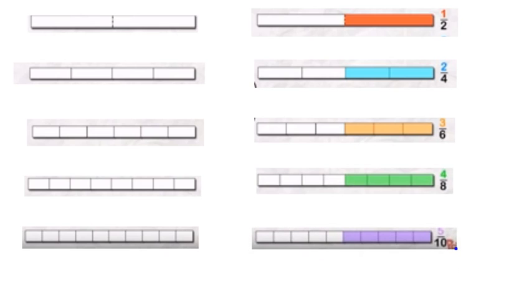In the first strip I have colored half part of it. So to write the fraction, shaded part on the top, total number of parts at the bottom, so the fraction is 1 by 2. In case of the second strip, when I shaded half part, it will look like this. So the fraction will be 2 by 4. For the third strip, by shading half part, it will be 3 by 6. For the fourth strip, if I shade half of it, the fraction will be 4 by 8. And for the fifth, it will be 5 by 10. Now you observe closely that in each strip, half of the strip is shaded, but because of the number of partitions, we are getting different fractions.